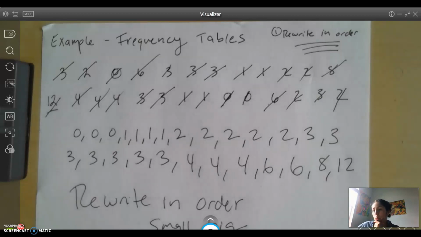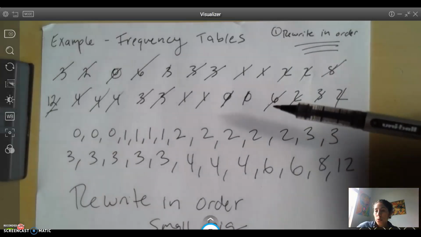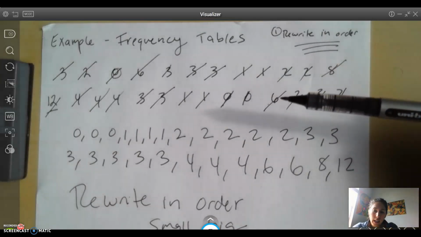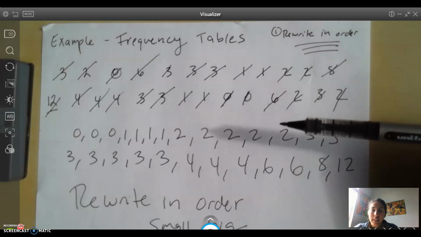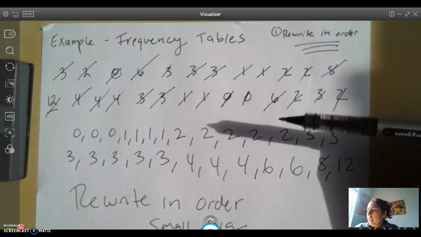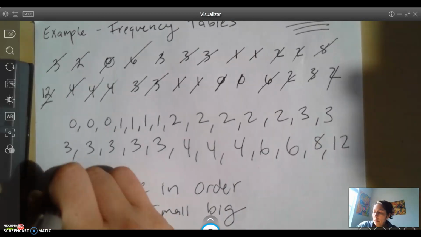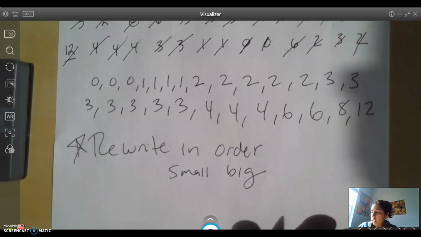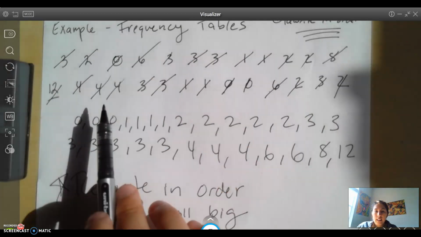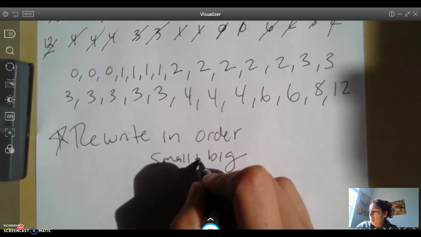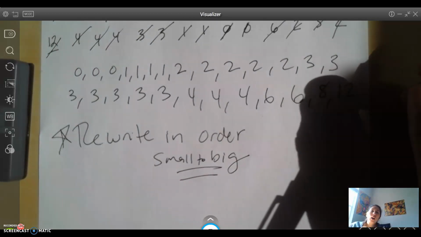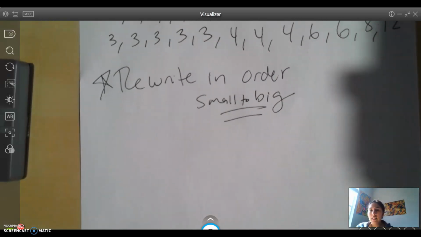So at this point, we have learned that the first step to create a frequency table or a dot plot, any way to organize data really, is to take your data set and rewrite it in order. So we're going to stamp this one more time. The first step that we learned is to take your data set and then rewrite it in order from small to big. All right? Once we have that, let's go ahead and take the next step, which is starting to